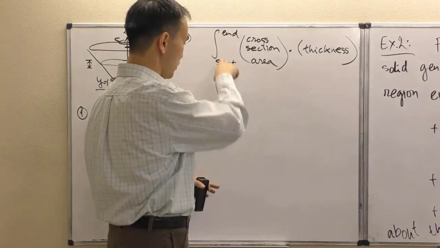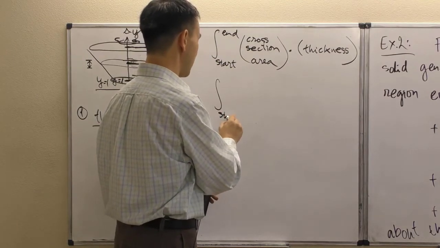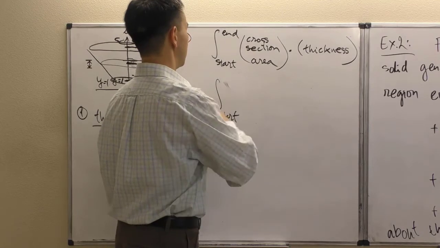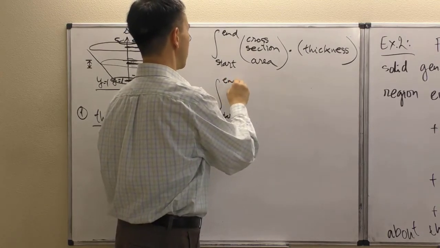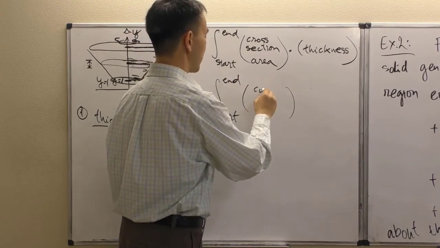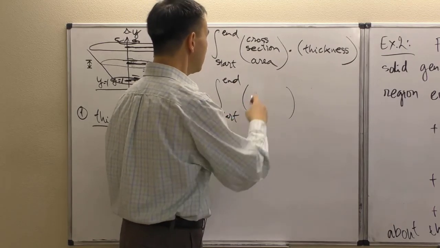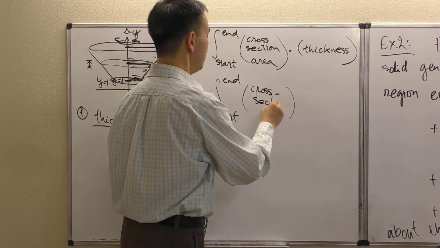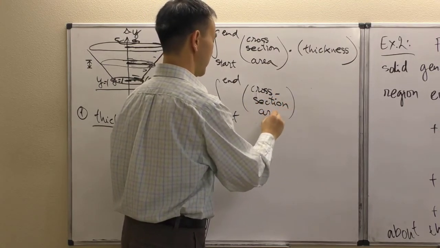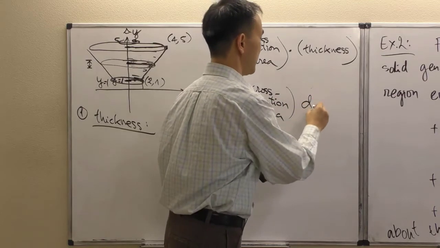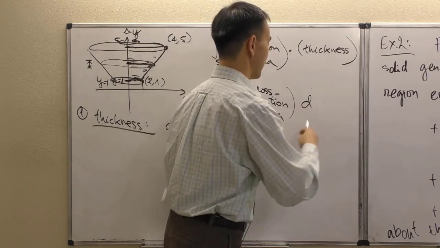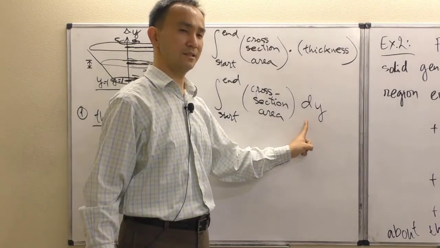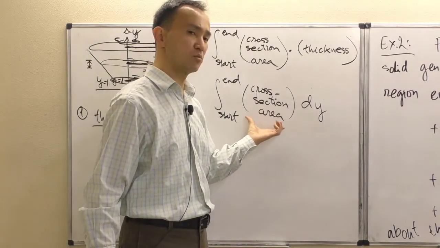We still don't know where start and end is, so let's just write it like that: start to end. We still have not derived the cross-section area. Let's leave it as a general idea right here: cross-section area, and then thickness is now dy. And once we are clear on the thickness, that makes it clear that we have to express